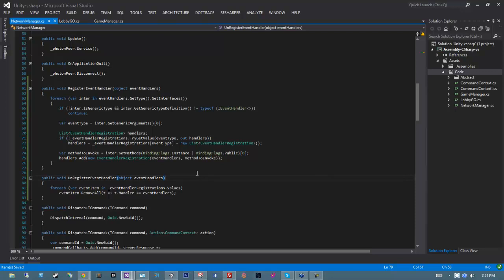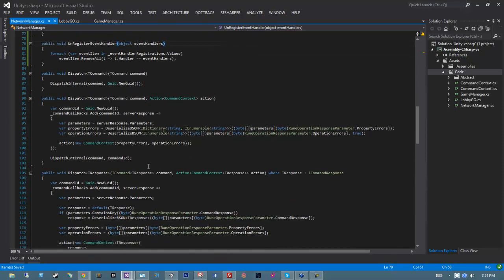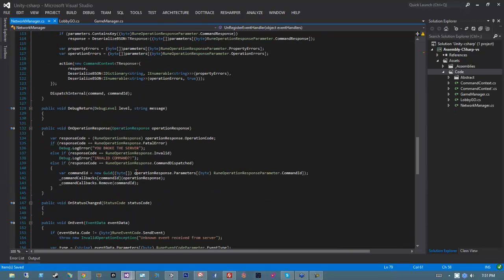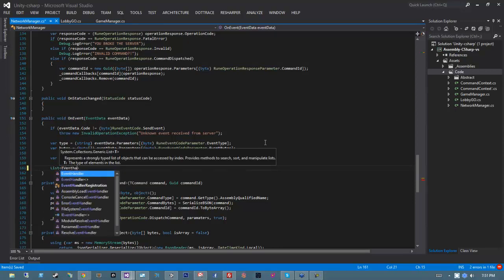Okay, so now that we've done that, this should just all magically work. No, it won't work yet, because we have everything up to the point where we actually perform the event dispatch. So I'm going to jump down to my onEvent, which, if you recall, is the method that Photon invokes when the server informs the client that something needs to happen. And instead of doing GameManager.instance.publishEvent, what I'm going to do is say list of event handlers,